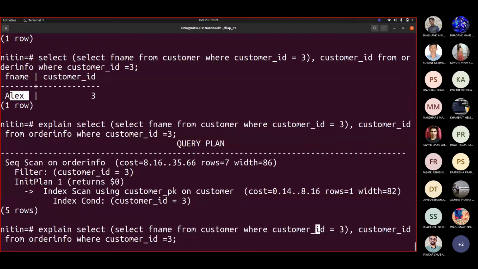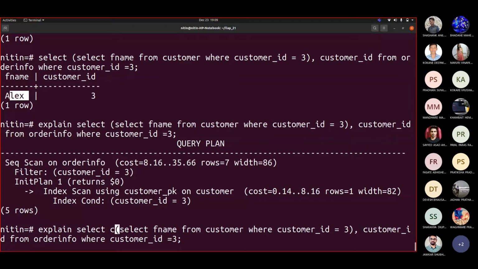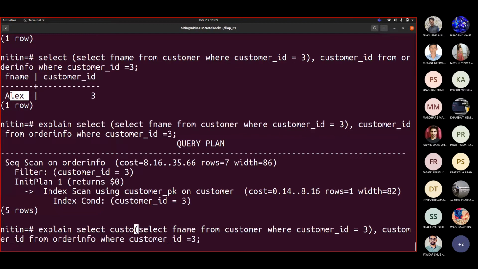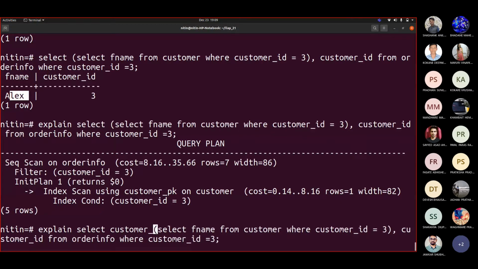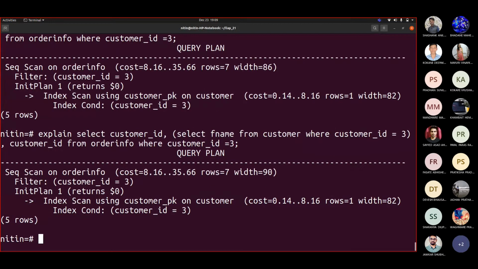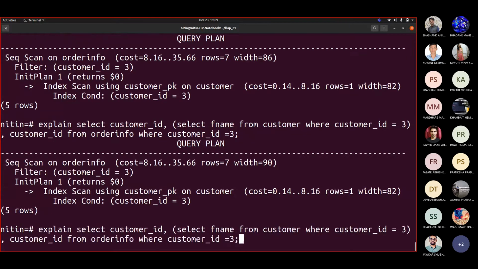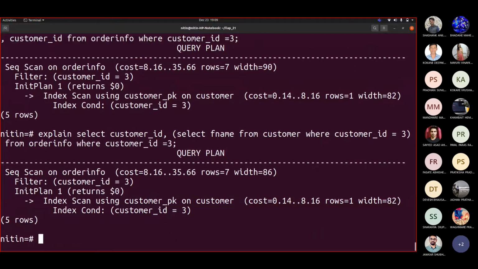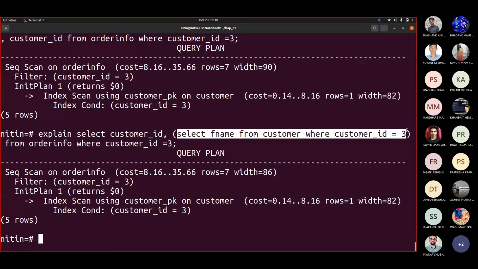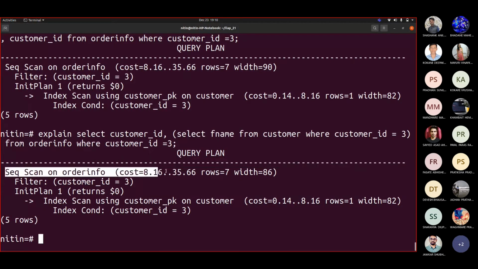So instead, if I write here customer ID, comma. Now it still shows me this, correct? Okay, let me remove this customer ID from here. It is because you are working with this. Okay, so as an outcome, it returns you this, which is to be used while displaying result of this along with the init plan that is used.